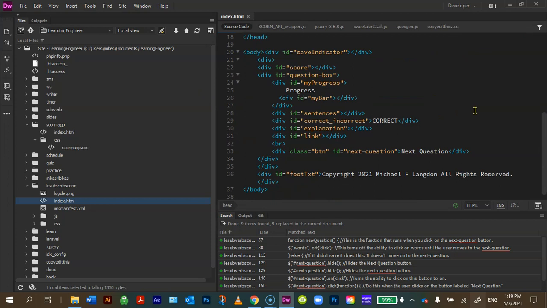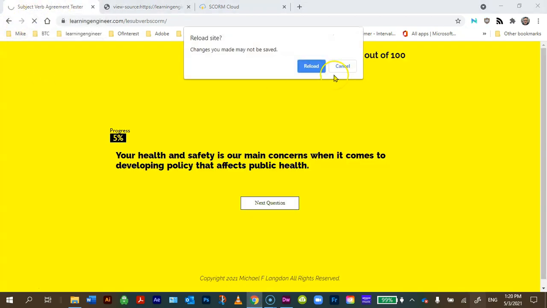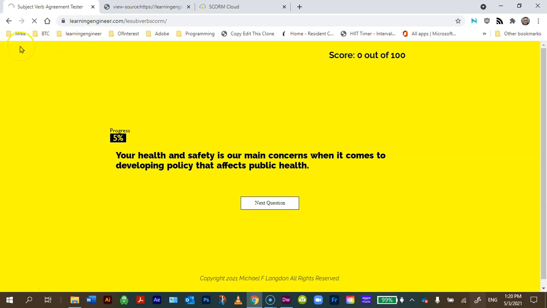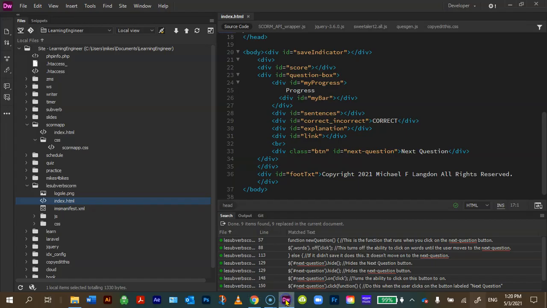So in the body, I have lots of divs. The first one, the ID, is the save indicator. Let me refresh this. It's this guy right over here. You'll see it. There it is. So that's it right there. Then I have a divider, but then I have the score,